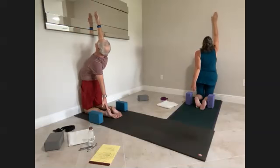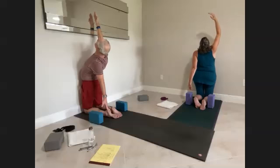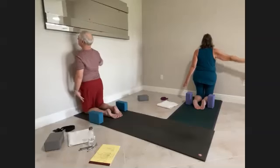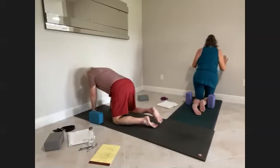And try to get your pubic bone on the wall. Try to keep your shoulders square. Three more breaths. And then release. This time, walk your knees back, away from the wall, coming down into child's pose, facing the